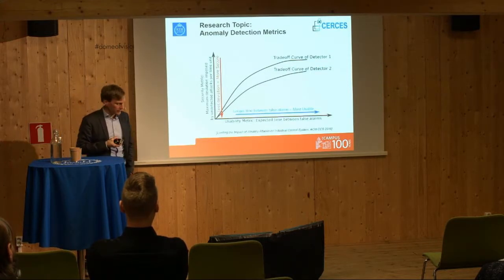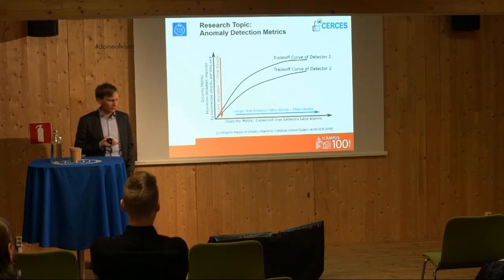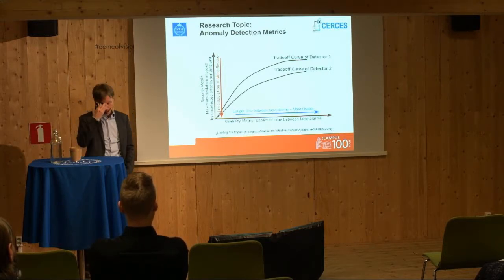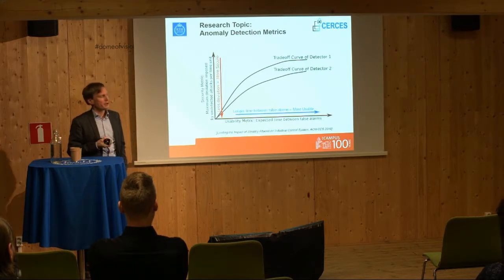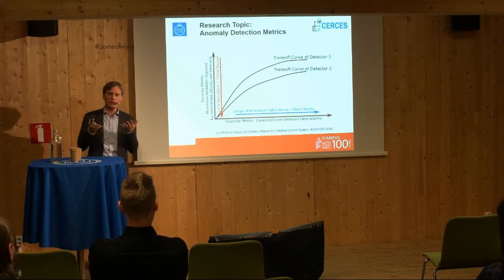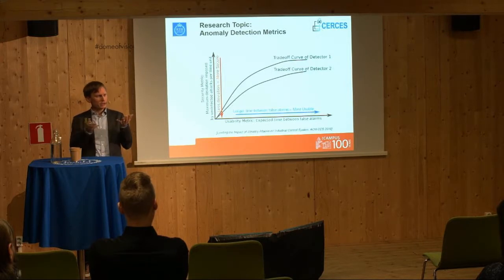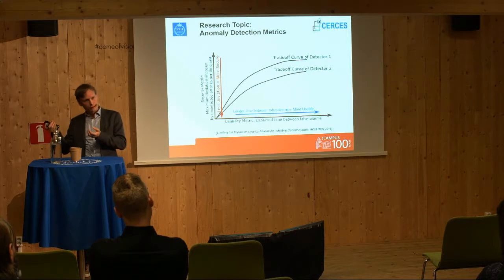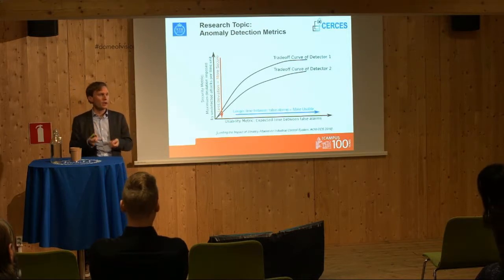And there are many different problems. Here I would like to just mention one we call anomaly detection metrics. So what is that? An anomaly detector is basically a piece of software where you collect lots of these measurements and you try to decide whether these data are normal or if there is some indication in the data that something bad is happening: there's a fault in the system or there's an attack going on.